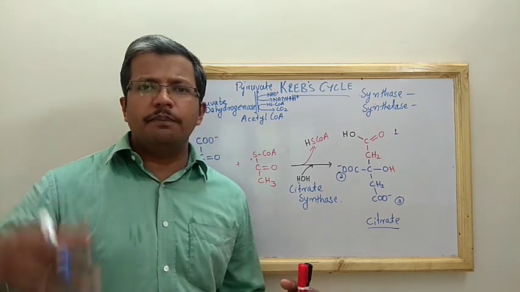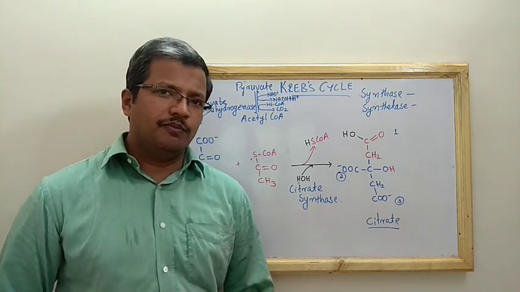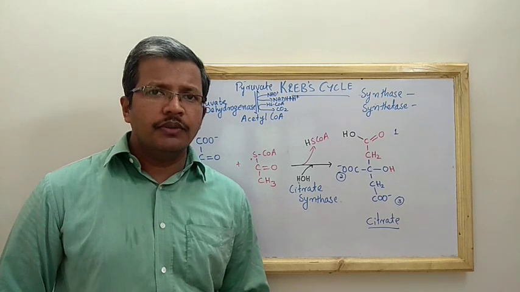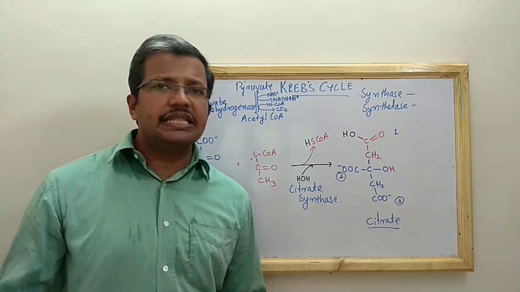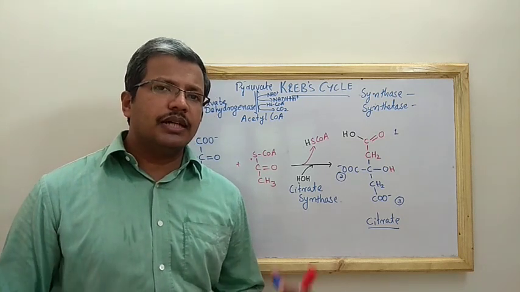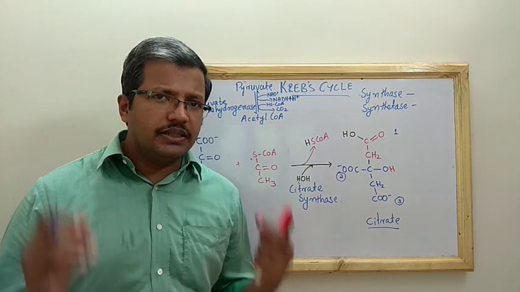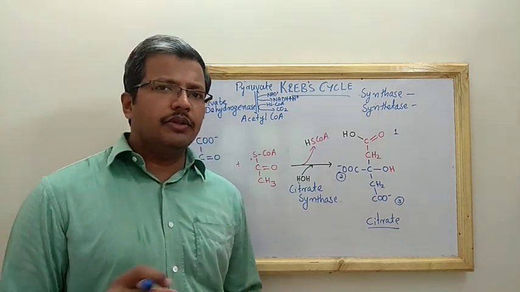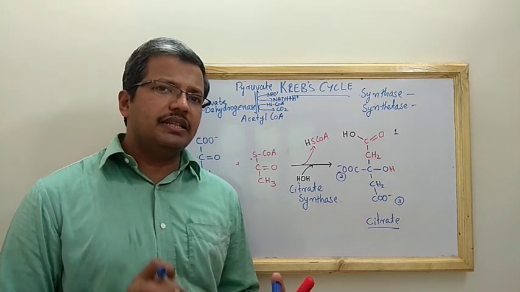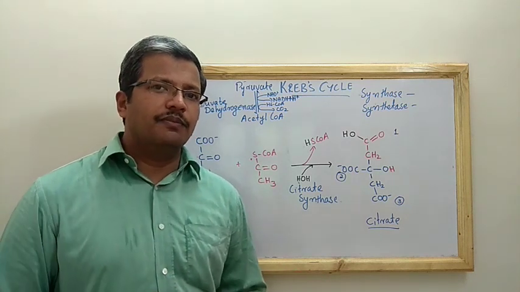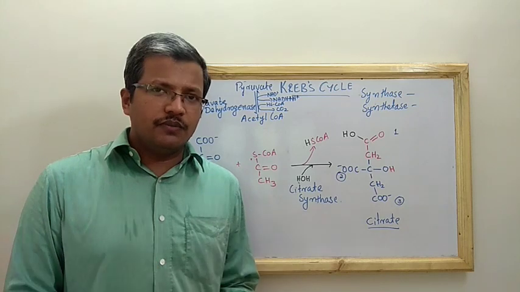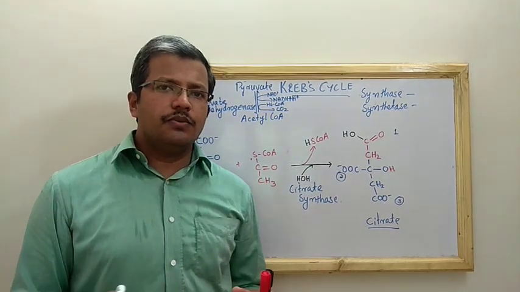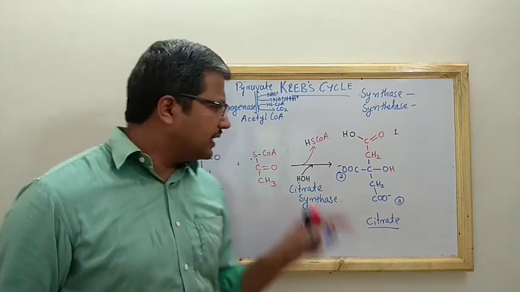If ATP, GTP, CTP, UTP or TTP, anything is involved in the synthesis of any molecule, it will be synthetase enzyme. If nucleotide triphosphate energy is released and the synthesis happens, it will be synthetase enzyme. So you can just see T, ATP, T, synthetase T. If ATP is not involved, if nucleotide triphosphates are not involved, it will be synthase enzyme,